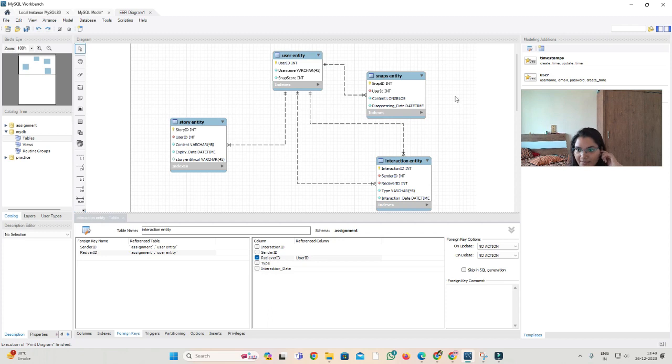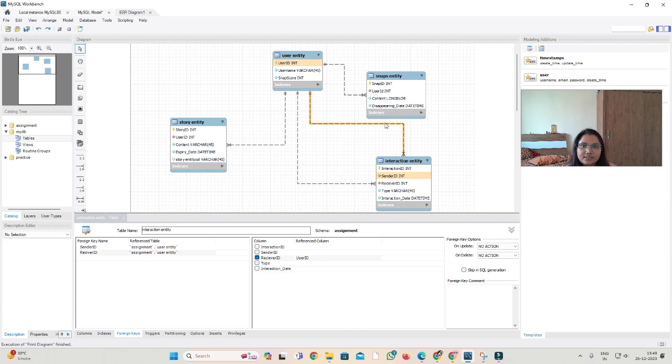It has the snaps content, the snaps, the stories and all, but it is another form of that, because it contains the disappearing date and time. And it also has the foreign key, that is user id. So we can see here.